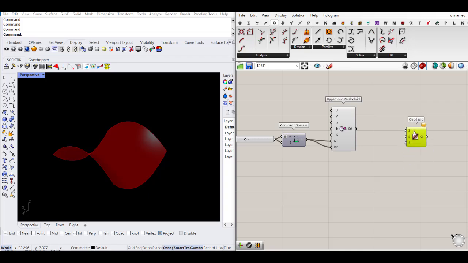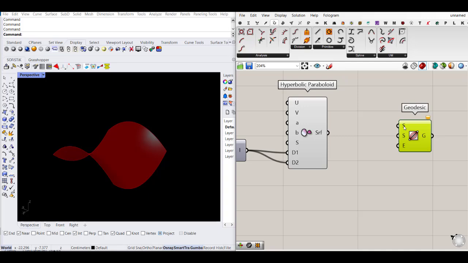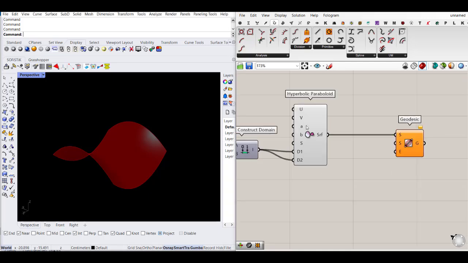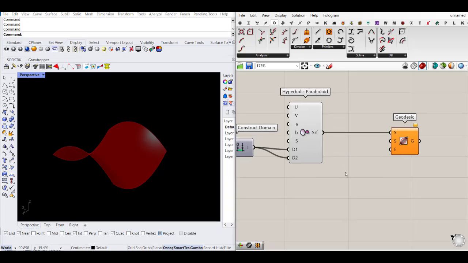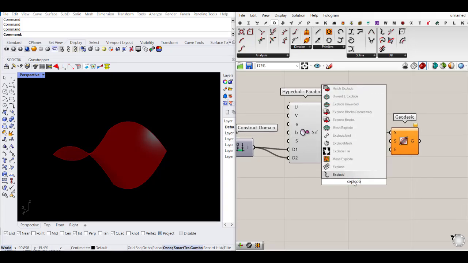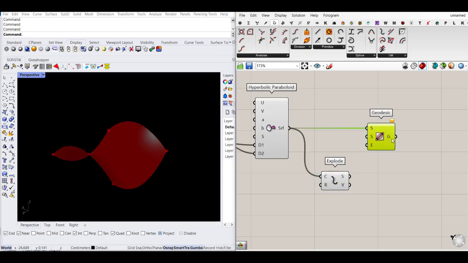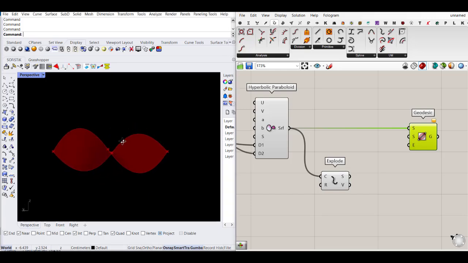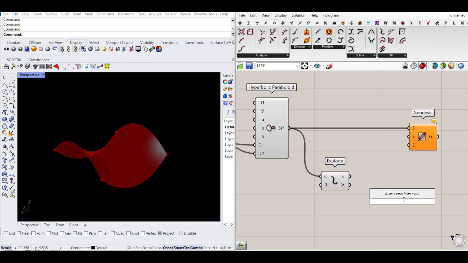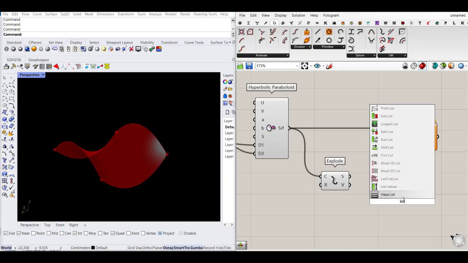To start looking at how it works, we should see what the inputs are. It asks for a surface as an input, for example this surface, and 2 points, the start and end points. To extract them, we can just deconstruct this surface. So I'm going to use the explode component to extract the curve output and extract the segments and the vertices of it. For a start, let's just consider these 2 vertices. I want to connect them together on this surface to see how it can be. So if I extract it using the list item,